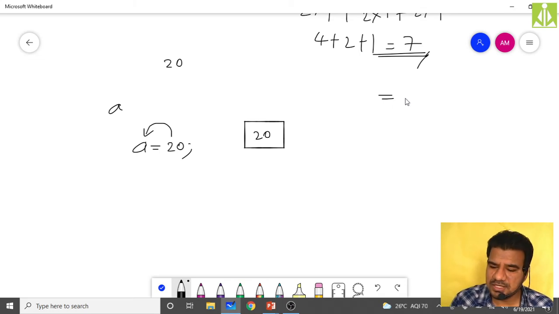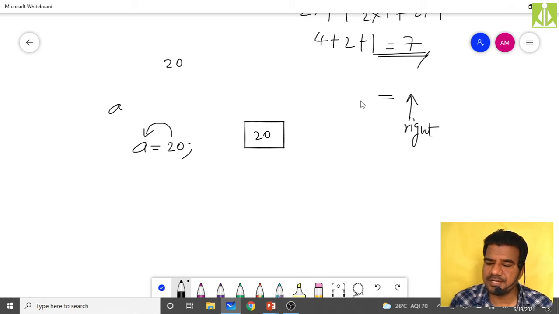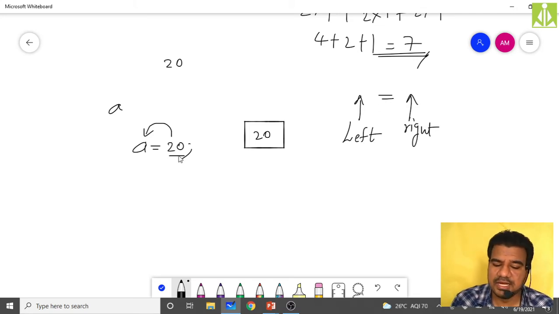This is the right side and this is the left side. Keeping a constant on the right side is allowed, because 20 as a value is a literal constant, and that literal constant you are assigning to a variable.